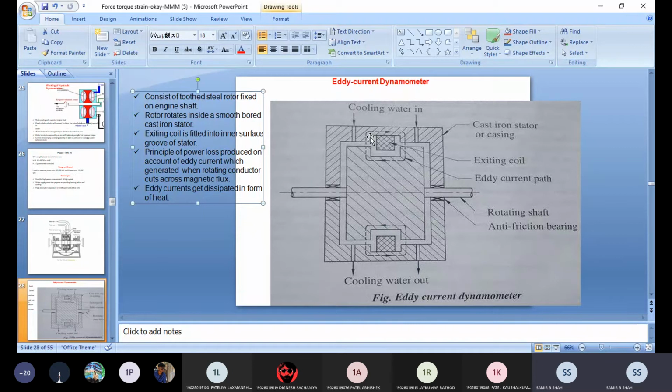If we compare with the rope brake, then we have to reach up to 4,000 rpm. While with the eddy current, even if the speed is less, we still reach good power. So whenever this kind of condition is there, at that time we have to go for the eddy current dynamometer. There are some disadvantages like: not suitable for large area. It may be effective only on conductive material. You remember that it is effective only in conductive material.